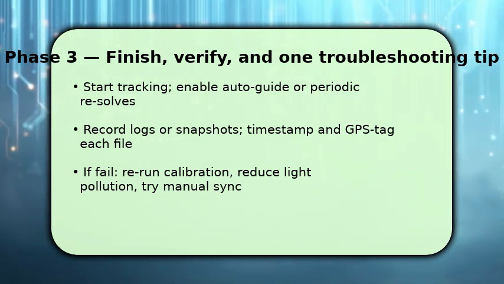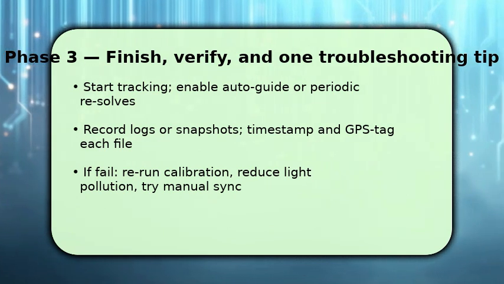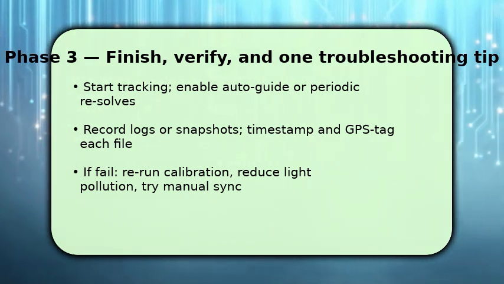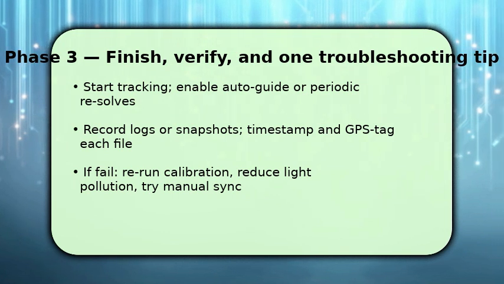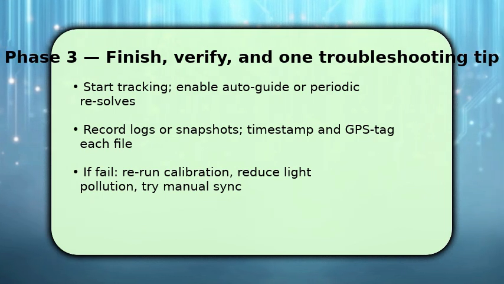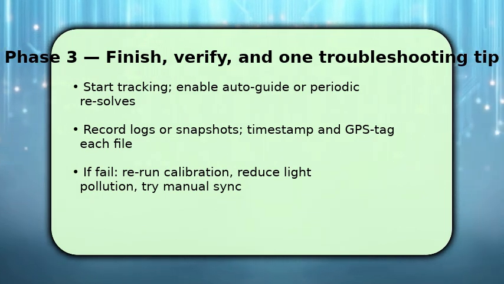If tracking fails, first rerun compass and gyro calibration, then move to a darker sky or clear local obstructions, because light pollution and reflections break solves. If problems persist, perform a manual sync on a known star to reset the model before